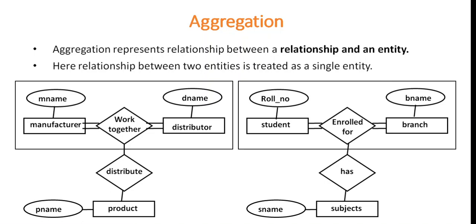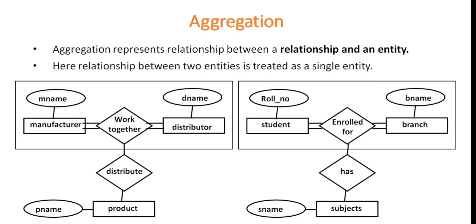Let's take another example. Suppose we have three entities: student, branch and subject. Now see, a student is enrolled in a branch and a student is enrolled for a subject, meaning student has a relationship with both the branch and subject entities. Similarly, if we consider the branch entity, branch has students enrolled in that particular branch, and branch has some subjects, meaning branch also has a relationship with student and subject. So instead of representing a separate relationship between student and subject, and a separate relationship between branch and subject,